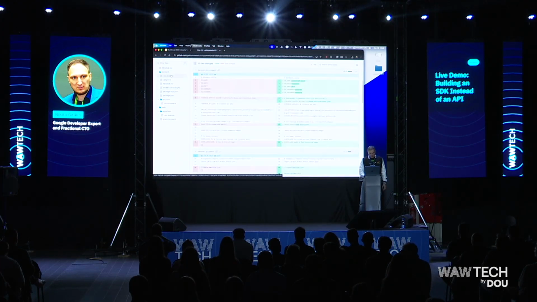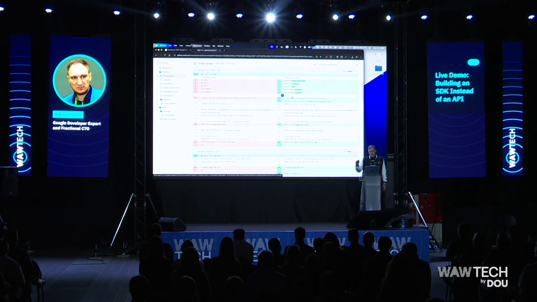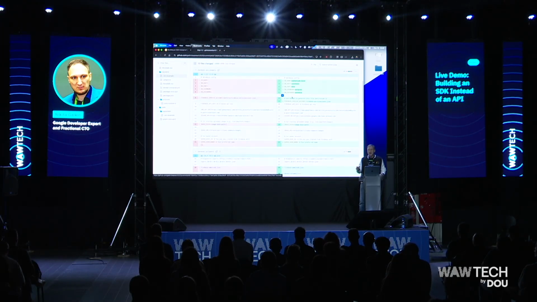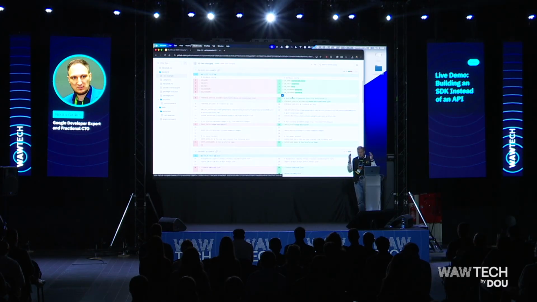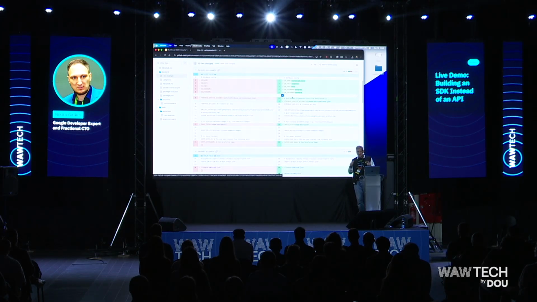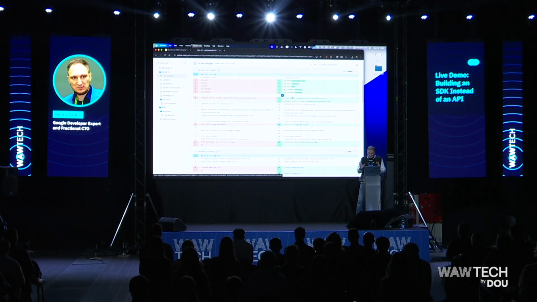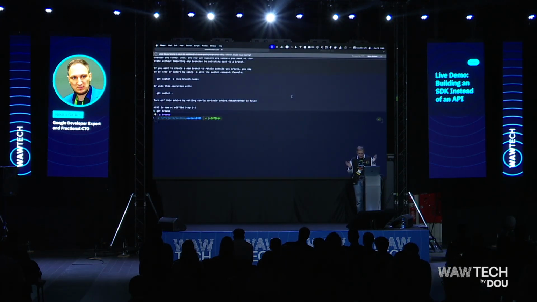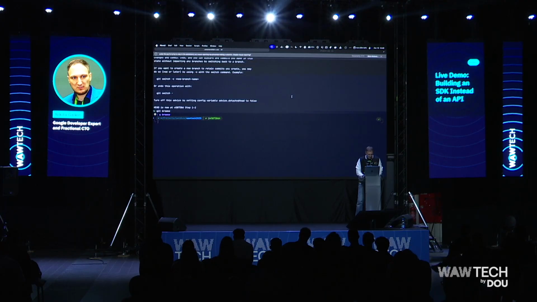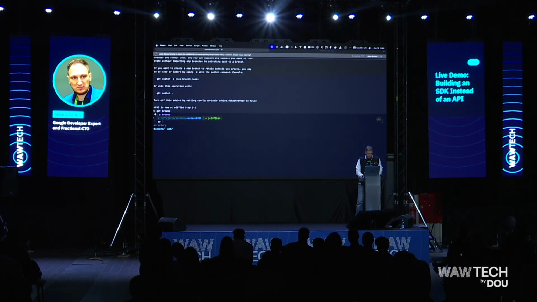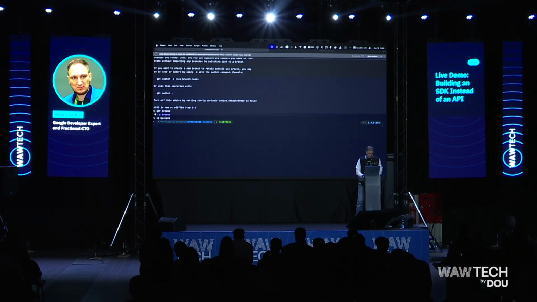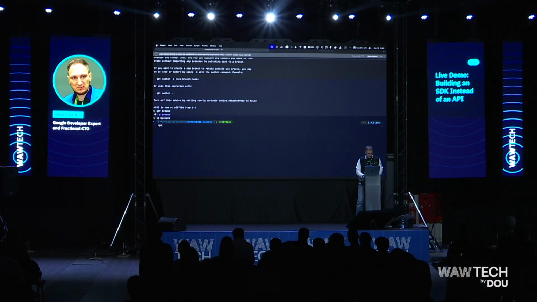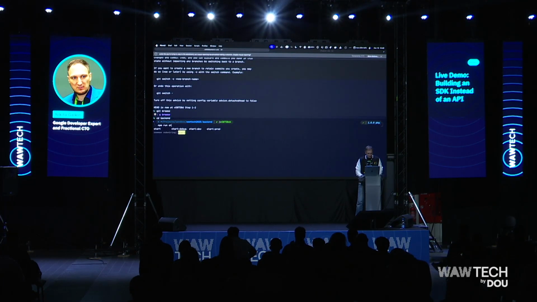Also, I made some changes, so you can copy .env example as .env, and as a result, you will be able to run your application immediately. Just to not do these silly things, I will jump to backend and assume that we already coded all this stuff, and I will run start.